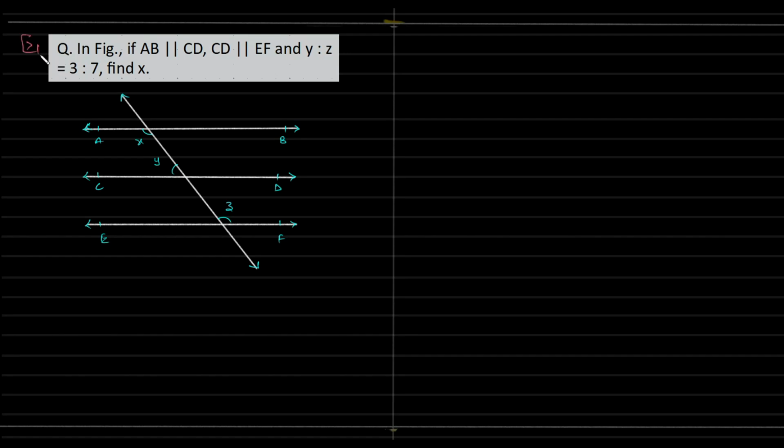In the figure, if AB is parallel to CD and CD is parallel to EF, and Y to Z is in the ratio of 3:7, find X. Okay, we need to find this particular angle. We have Y over here, Z over here. Any question, try to